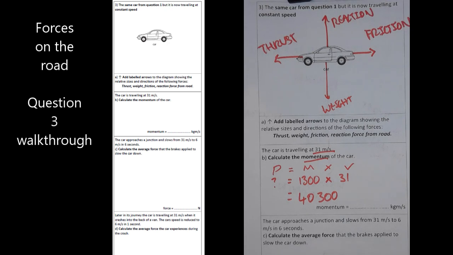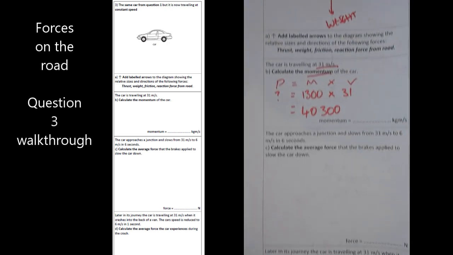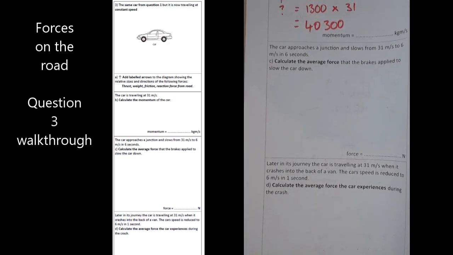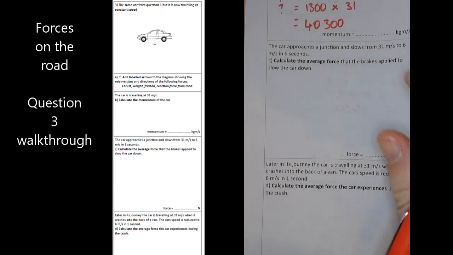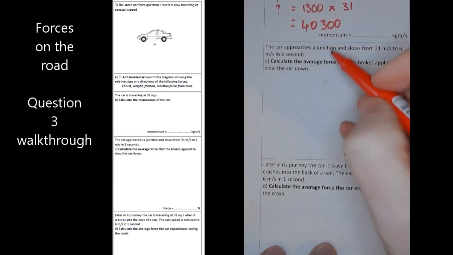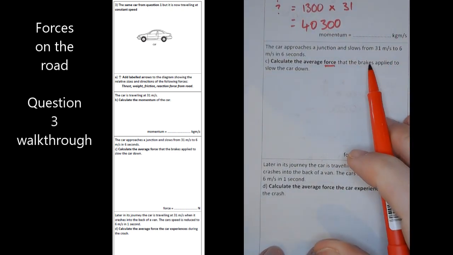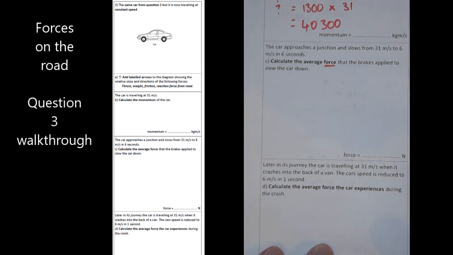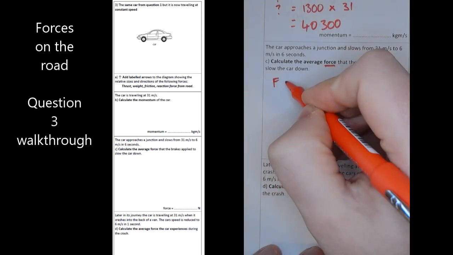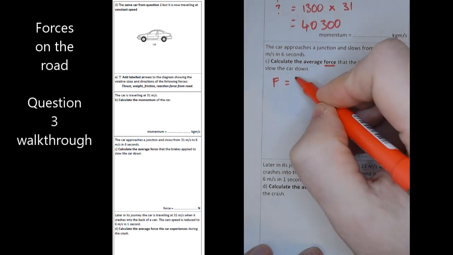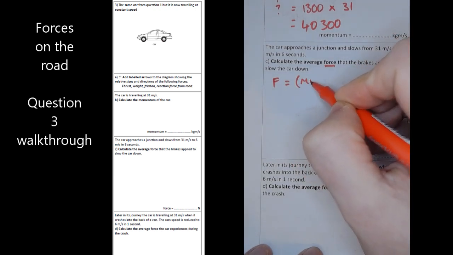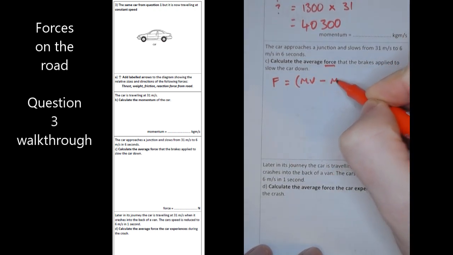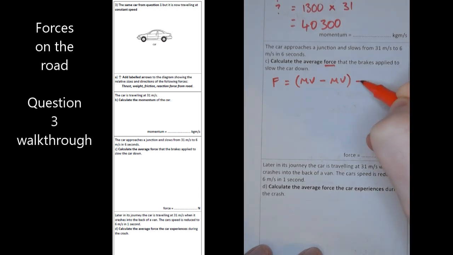That value is going to come in handy for the next question because it mentions the car approaches a junction and slows down, and we want the force. Now, there's a couple of ways around this. You could work out the acceleration and then use F equals ma to work out the force from it, or you can use the equation that's already put those two equations together. Force is equal to change in momentum, so mass times final velocity, take away mass times initial velocity, divided by